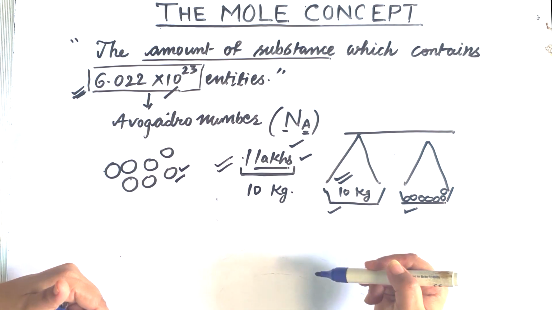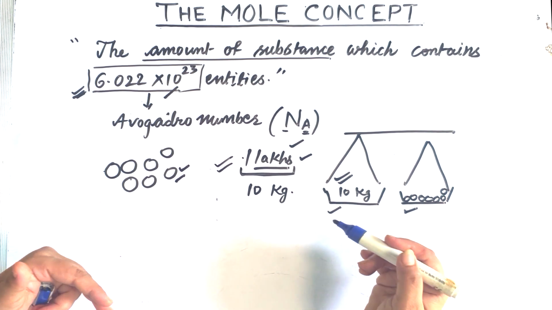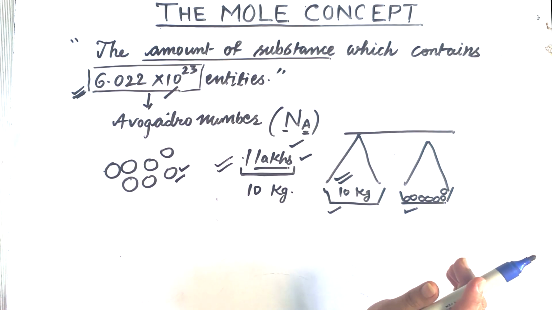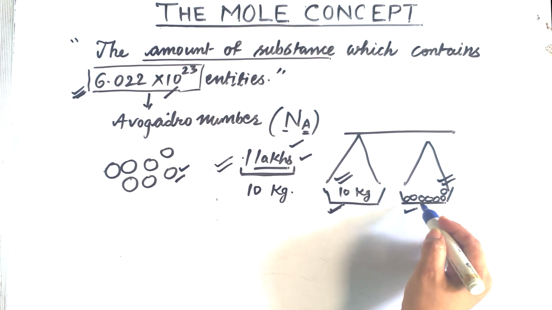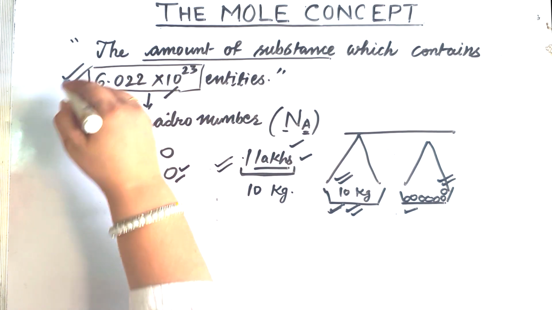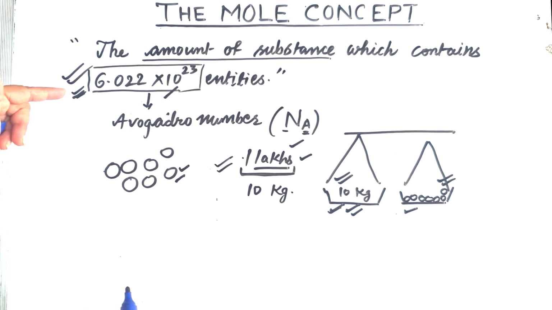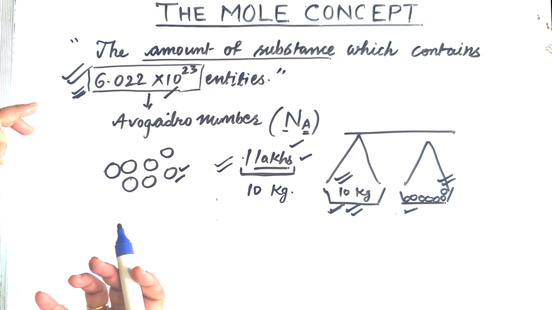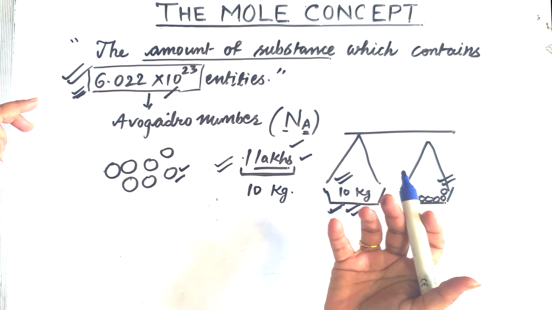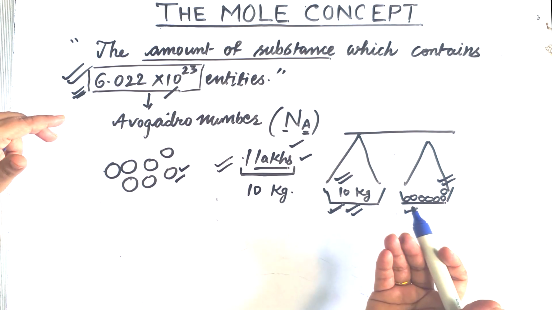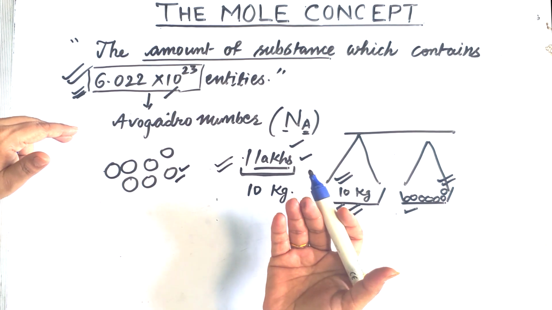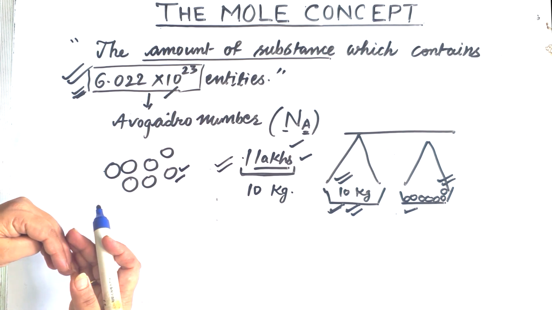So how does it help me? It saves my energy, which I would otherwise waste in counting these balls. Now one thing is clear here: this 10 kg consists of 1 lakh balls. In the same manner, I cannot count this number of entities, this number of particles, because they are huge in number. Same way, if I could know what these numbers weigh, then once I know the mass of these numbers in every type of substance, I can just take the mass of that substance and I can guess how many particles will be there.